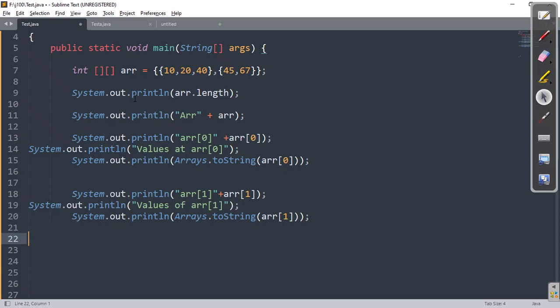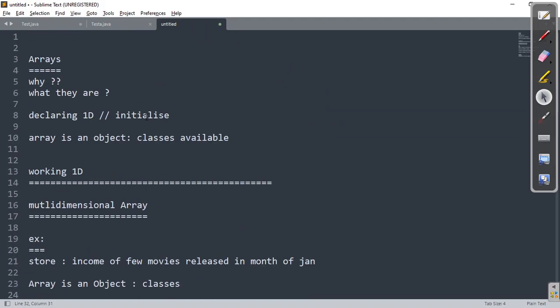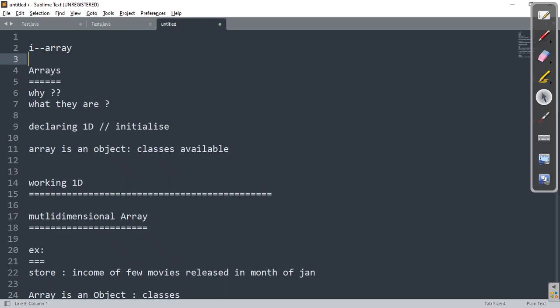Language fundamental sessions are completed here. We have covered all the things from identifier to array concept, looping, if else, everything, and this is the last session of language fundamental class, right?